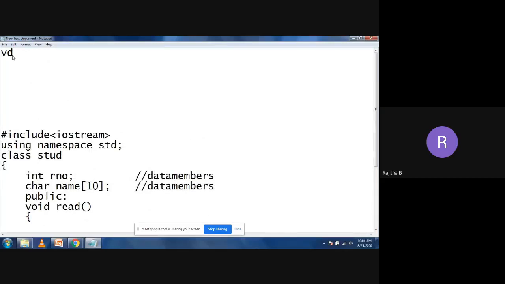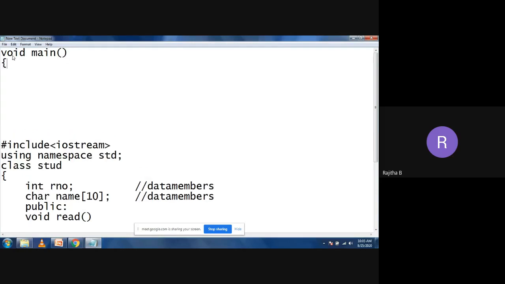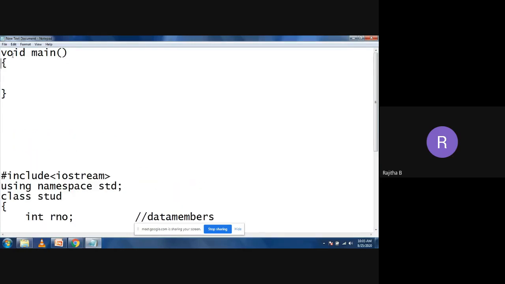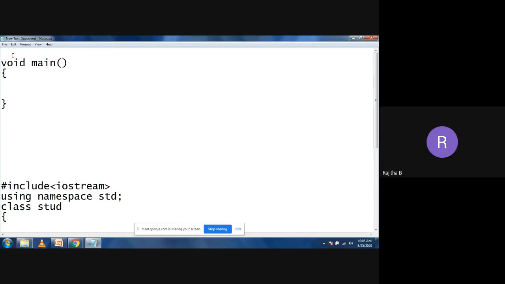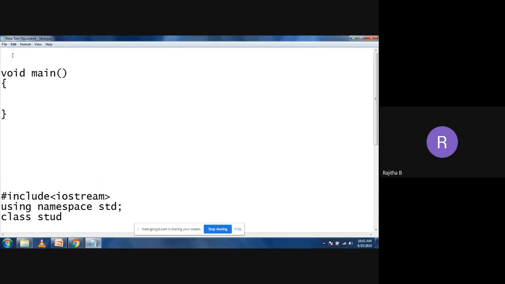Now in your C program, if you are using some functions, now I'm taking the void main. I want to use some function. If you want to use the function before main, you need to write the syntax or prototype. So I'm taking the return type as void, and I want to take the add function, and I want to perform the addition of two numbers. So I'm taking int, because I want to perform the addition of two integer numbers. So this is called a prototype.